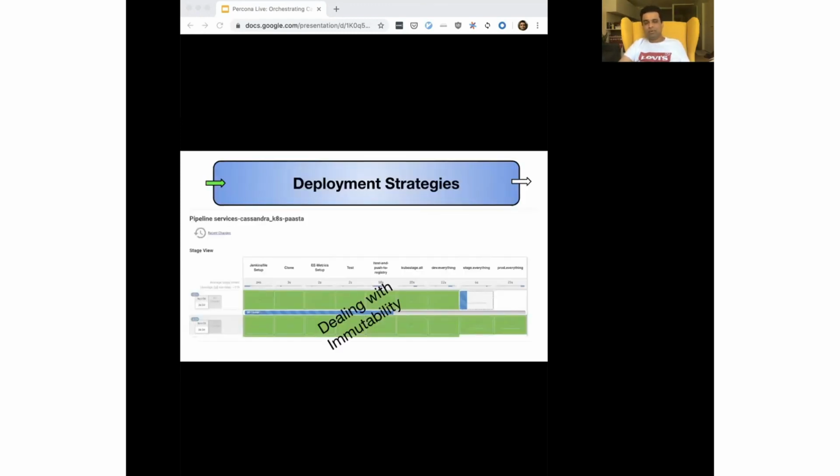Lastly, but a very important aspect, is deployment strategy. What is the point if you have all this, but you're not able to deploy things in production? So first, deployment pipelines typically are attuned to what are known as microservices deployment. Whereas at least at Yelp, we have this single image model wherein you have the same image which goes from non-production to production. But when it comes to databases,